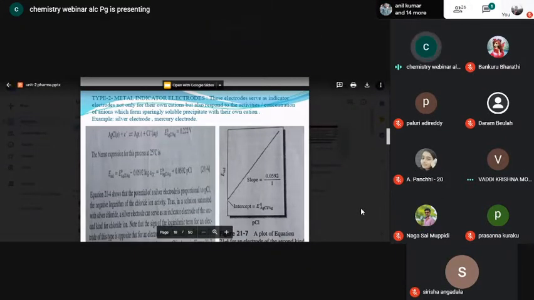Now what is going to happen? The silver ions are present in the beaker. How many silver ions are present? 100 silver ions are present. Kindly take a note in your running notes. Is it clear? Okay, so 100 silver ions are present, and I am going to add how many?